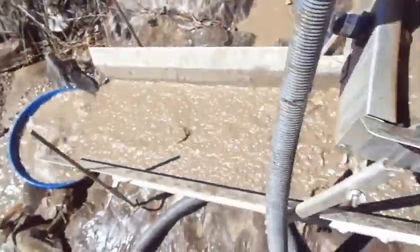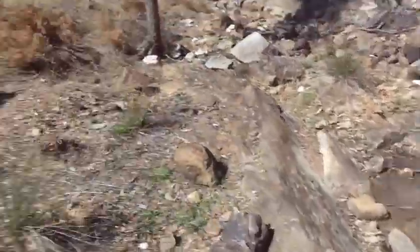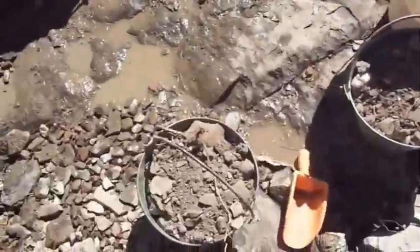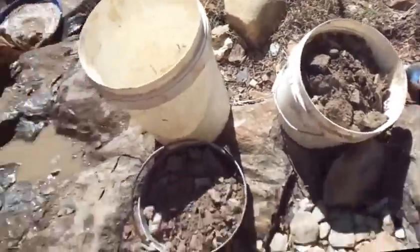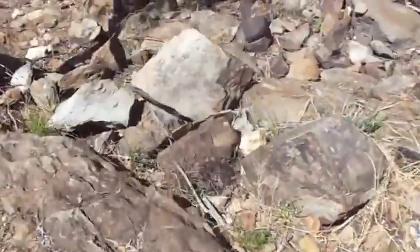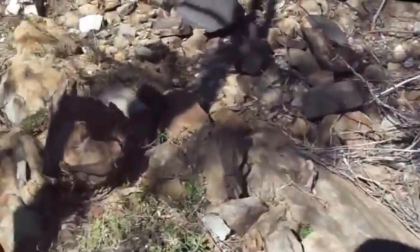Pretty dirty water, but that's what the old miners would have used. Need more water, I have to dig it out of there. And what we're doing, we're using buckets, and I've got the two boys down further. What they're doing, we're getting colour,